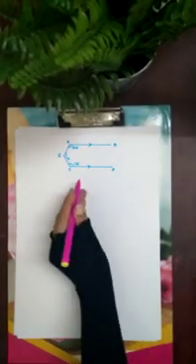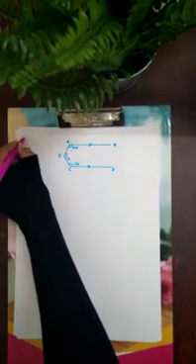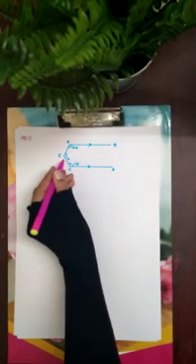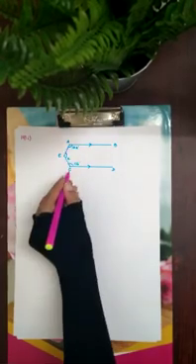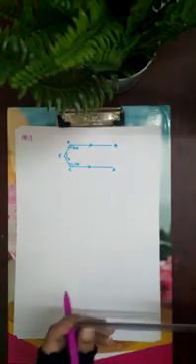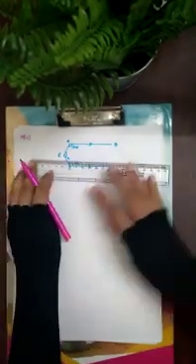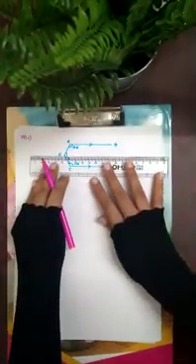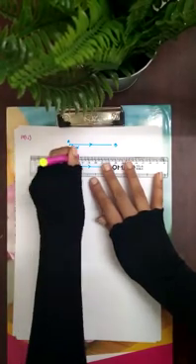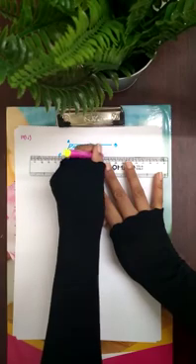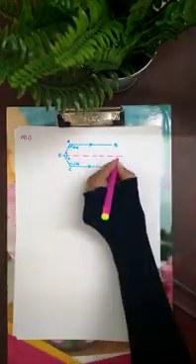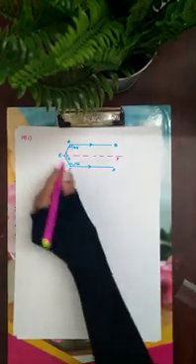Yes, children. Now you observe this figure. This is the 19th sum, first bit. In this figure, we have to find the value of X. It is given that AB is parallel to CD. Okay. Now to solve this sum, we need to do a small construction. What is that construction? Through E, we are going to draw a line parallel to AB. Okay. So let us call that line EF. We have drawn a line parallel to AB, which is EF.